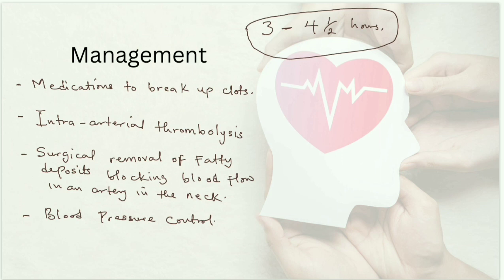Then another important thing is blood pressure control, and the issue of blood pressure control is something that is dicey. I'll explain what I mean. Though I know you don't need to know much about this, initially I said we have ischemic and hemorrhagic types. The thing people don't know is, they just feel that because somebody has a stroke, they should crash the blood pressure immediately.